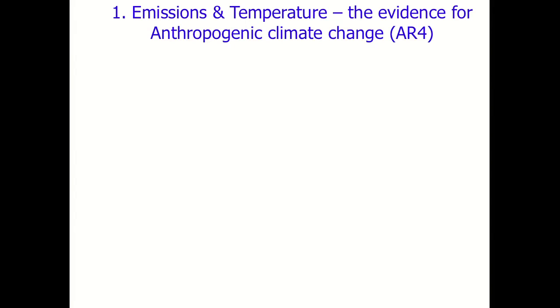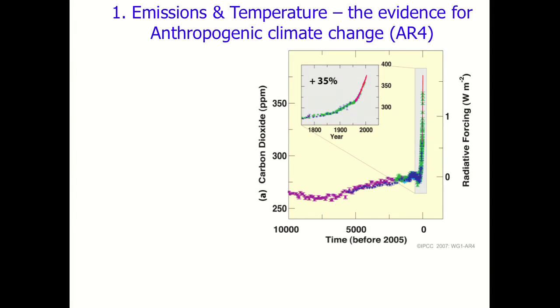What is the current evidence that people look to? Well, effectively, remember that atmospheric concentrations have been changing since pre-industrial times, but what we need to do is look at the natural variation in those pre-industrial concentrations compared to post-industrial concentrations. And this data from the original AR4 actually only looked at data up to 2005. We've got a lot more data since then, but the conclusions still stand.